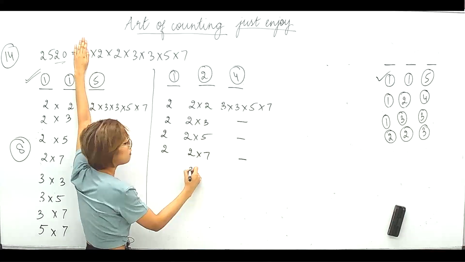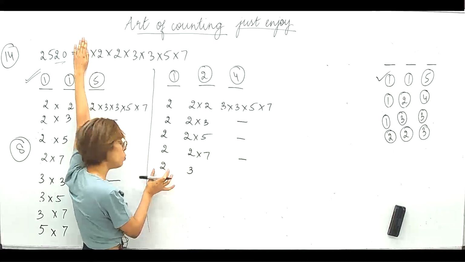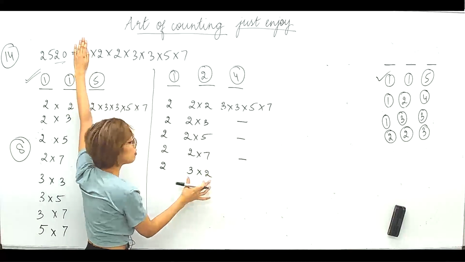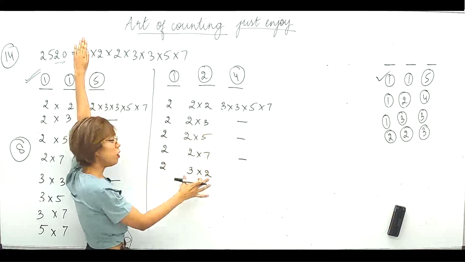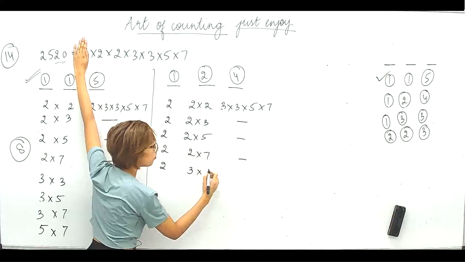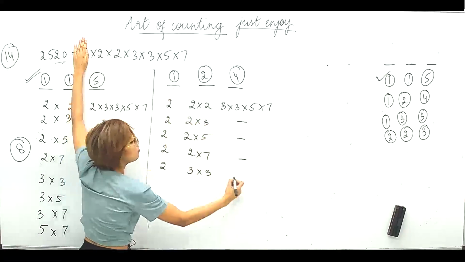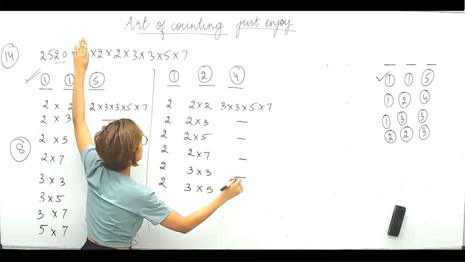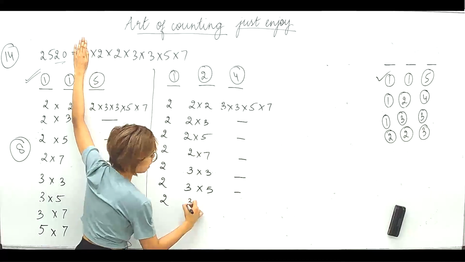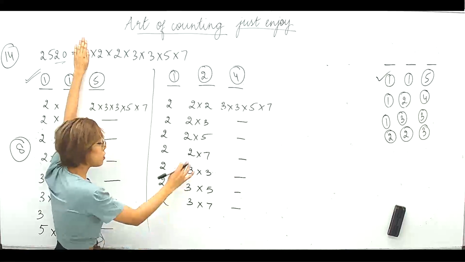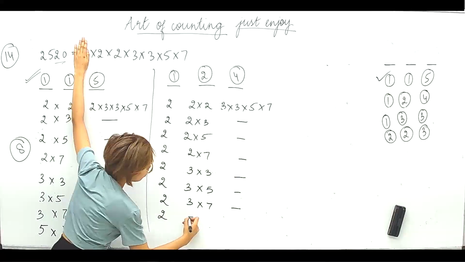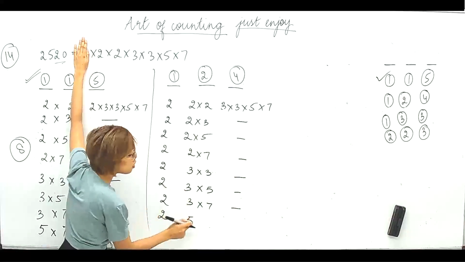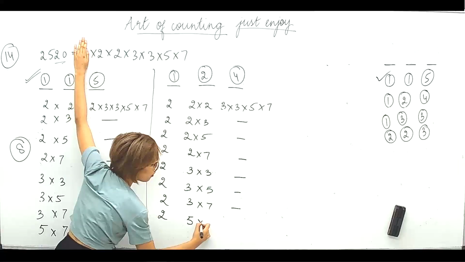But यहाँ पे 3 वाले से start कर दें. Let 2 remain here. Now let's start with 3 here. So 3 into 2. Of course ये मैं नहीं लूँगी. Why? Consider हो चुका already. So let's go for 3 into 3, whatever the case may be. So 3 into 5 now. Then 3 into 7. Done. So 3 is exhausted. So let's go to 5 now. So 5 into 2 I will not take. 5 into 3 I will not take. 5 into 7 that I can take.